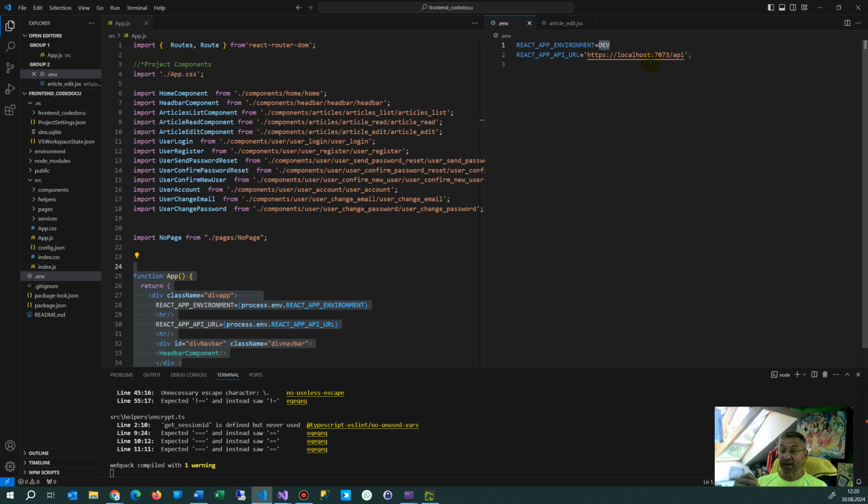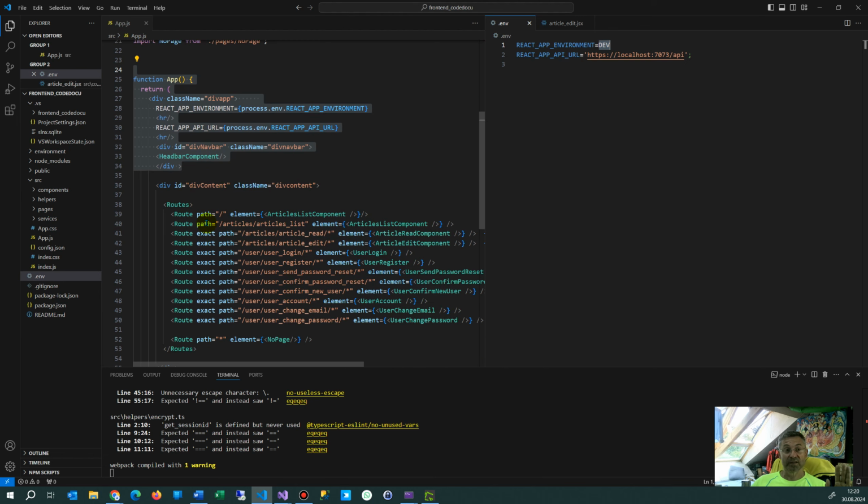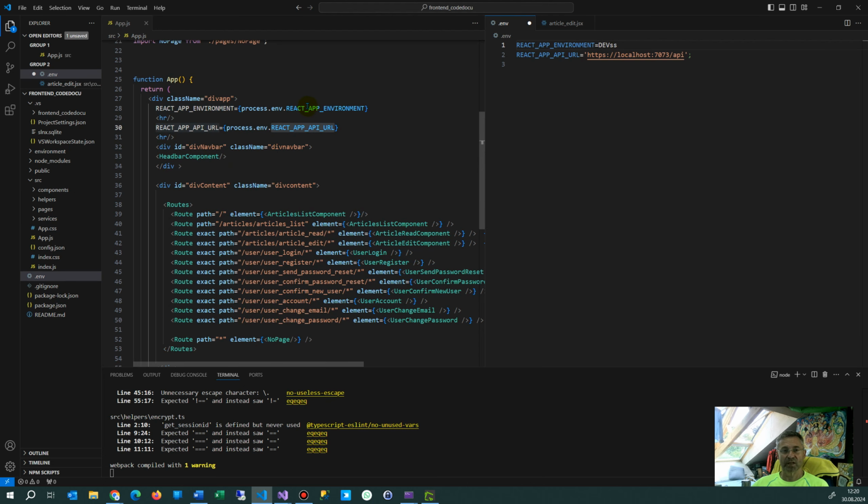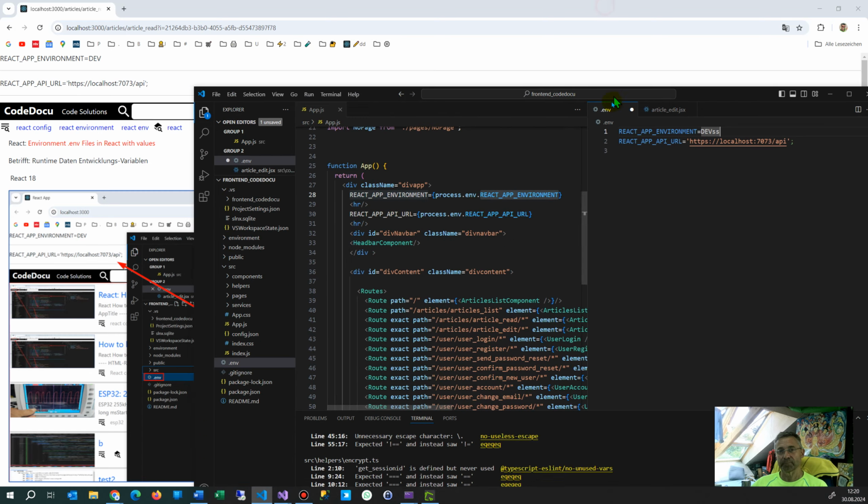In your app you have nothing to do except to say curly brackets process.env, and then your variable. That's my URL. Now for my environment variable shown in here, REACT_APP environment, when I change this and then press Control S for saving,